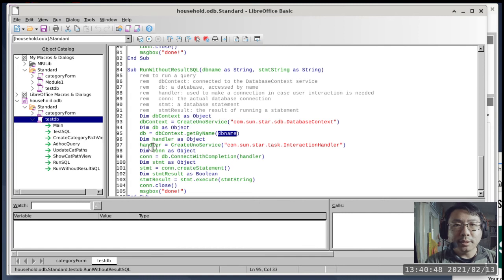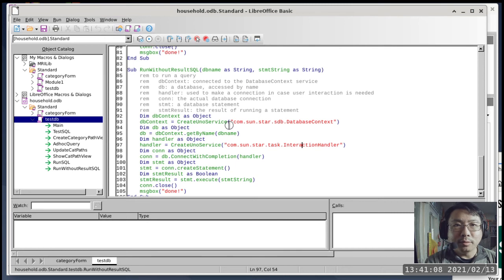The next thing is to create a handler, and this is another service, and this time I don't need to access any method of any one of the interfaces of the service. And then DB is